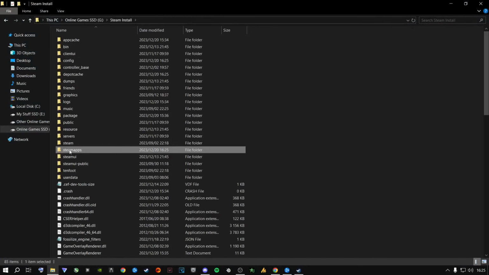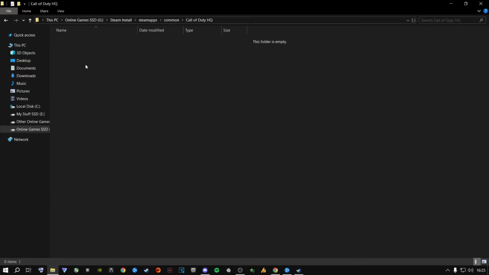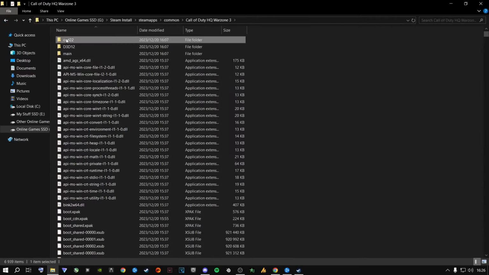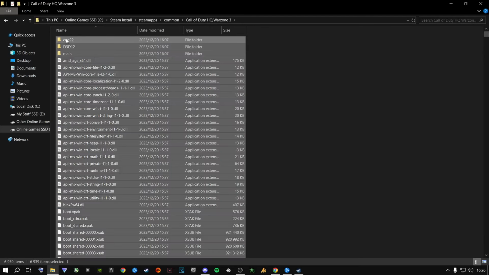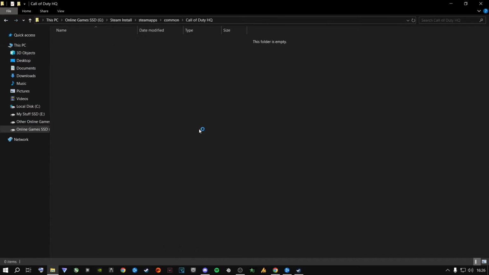So obviously, where your Steam is installed, go to Steam Apps, go to Common, and then now you have a brand new Call of Duty HQ folder with nothing inside of it. As you can see, now you're going to do this. The folder that you created with the game's installation files, open it up, click on anything inside here, Control and A, highlight everything, right click, and then cut,